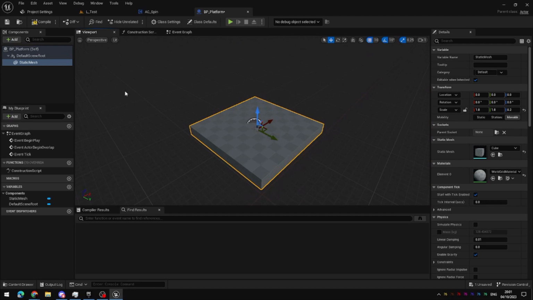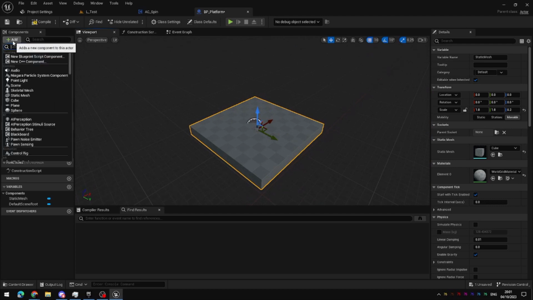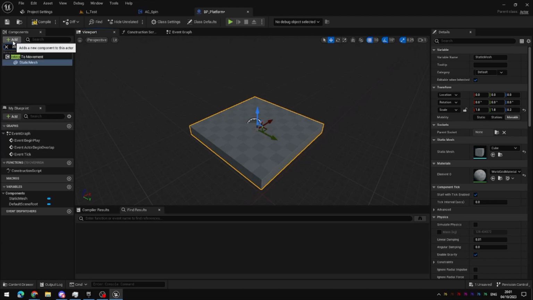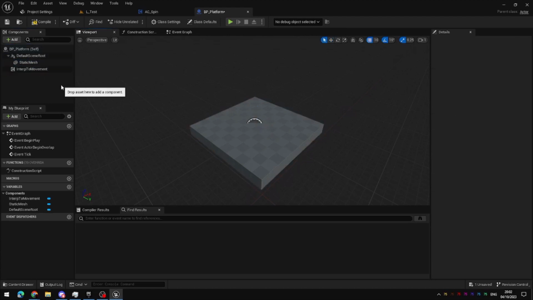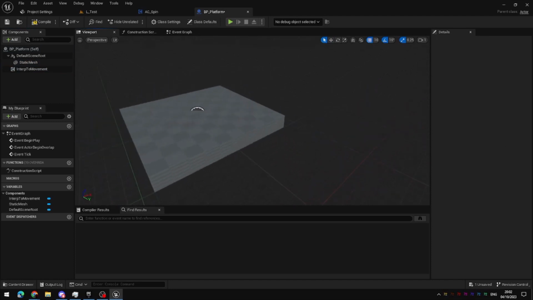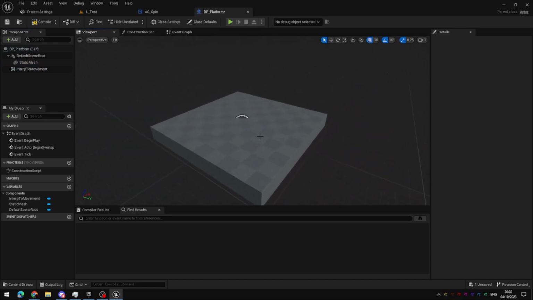I'm going to add one more component to this that will allow us to use it for a simple moving platform, and this is called the Interp To Movement component. Interp is short for interpolated. Interpolation is an easing from one point to another using a third value to control the two. So something like going from A to B over time is a kind of interpolation, or changing from one color